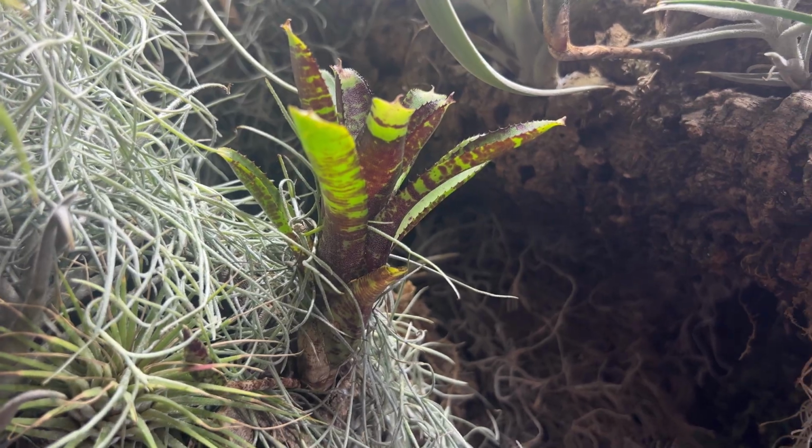I went ahead and just bought a wholesale, like $100 worth of air plants to fill these enclosures with, which gave me a huge variety to work with for these guys. Another thing I would recommend is bromeliads. Bromeliads hold water in them, and what Abronia will do is they will go into them and actually drink out